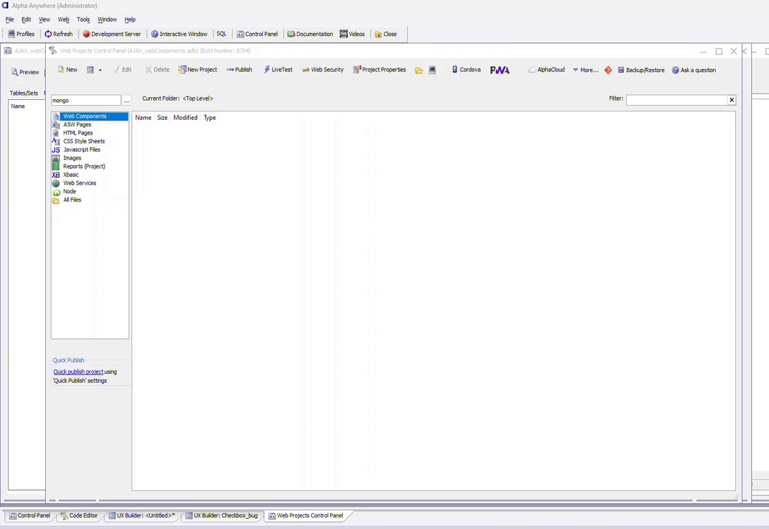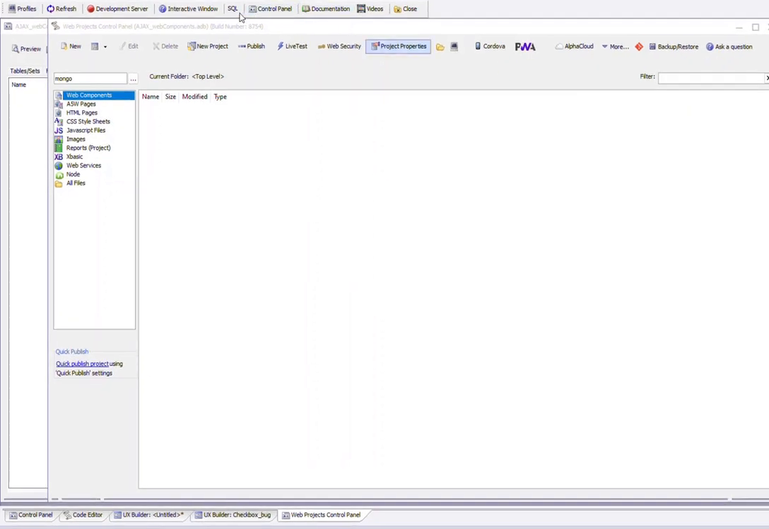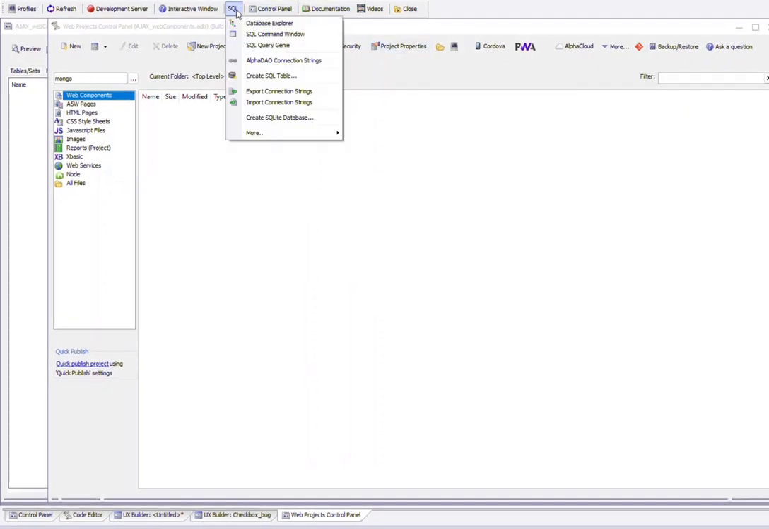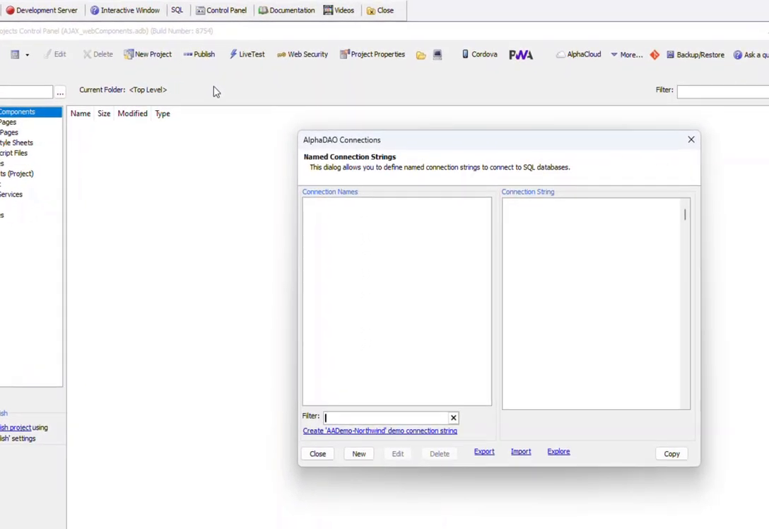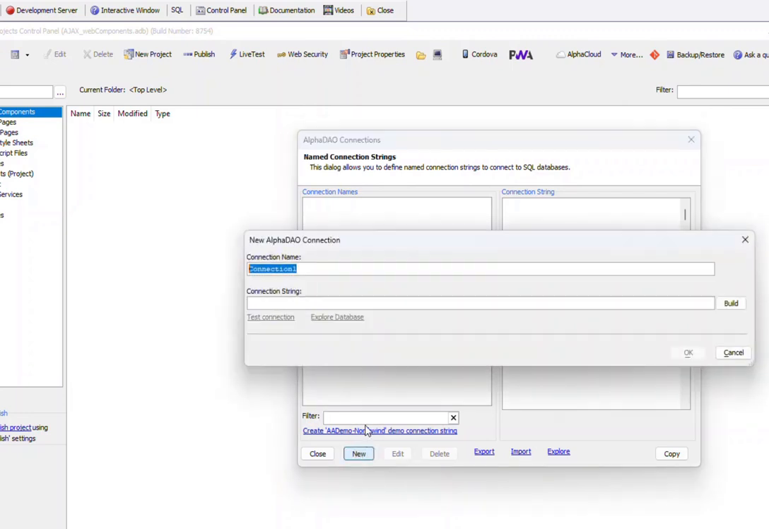In this video, we'll show how you can create a connection string for a MongoDB database. So we'll go here and we'll say SQL, which is a little bit confusing because we're not really talking about a SQL database here. So then I'll go here and say create a new connection string, and I'll call it